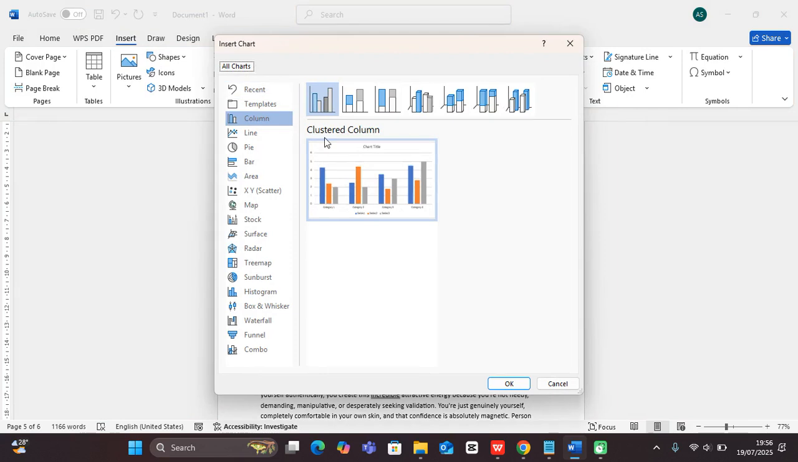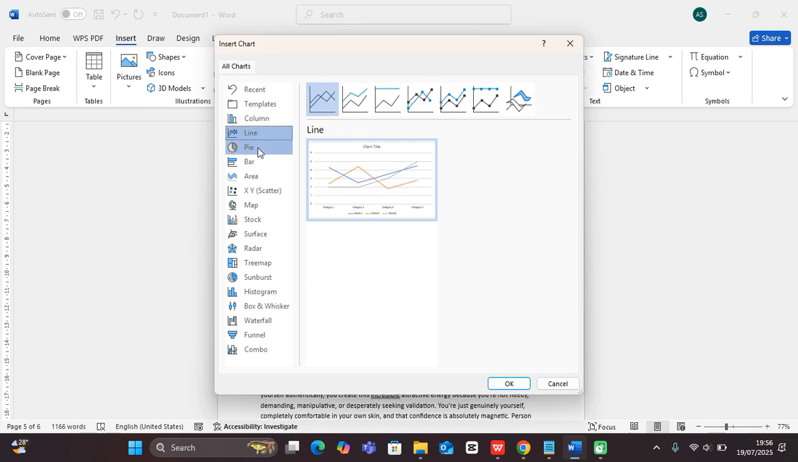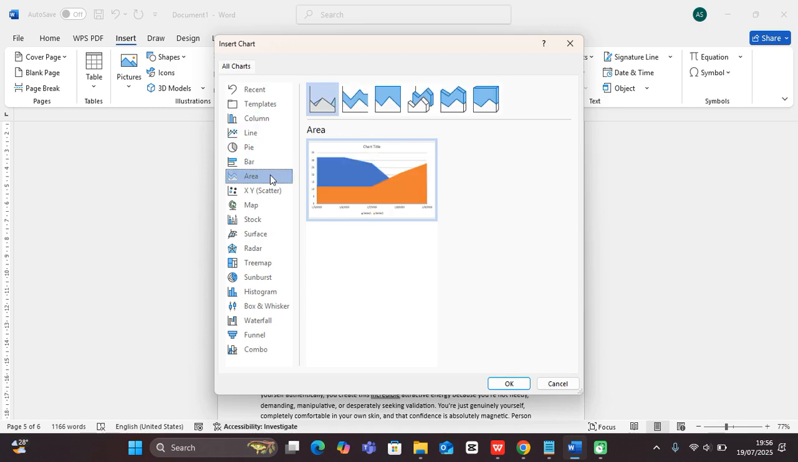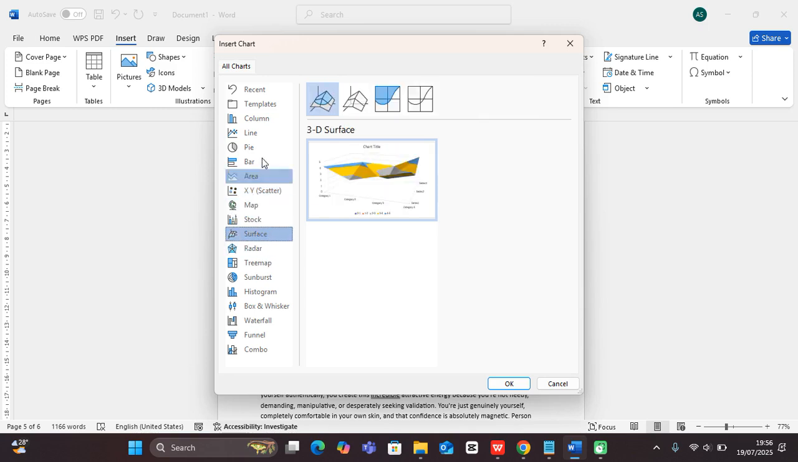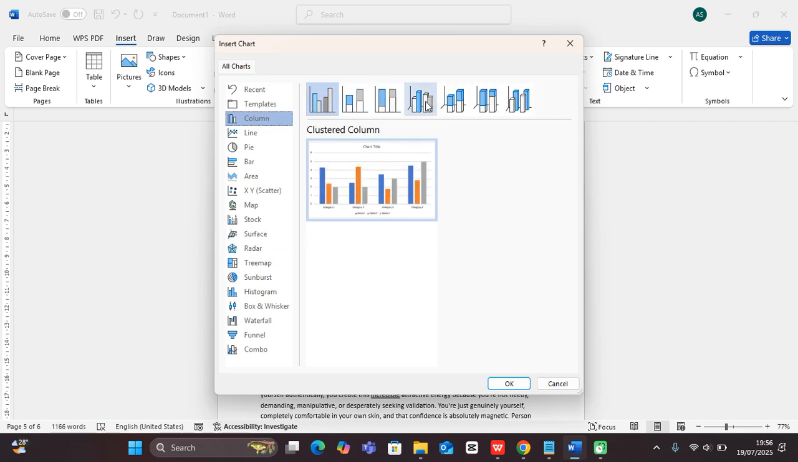Okay, so we can just click and you have different types of chart. For example, this is a column chart, this is a line chart, pie chart, bar chart, and so on. XY scatter, maps and so on. Surface. But for this, let's say we are going with a column chart and we can select from the available